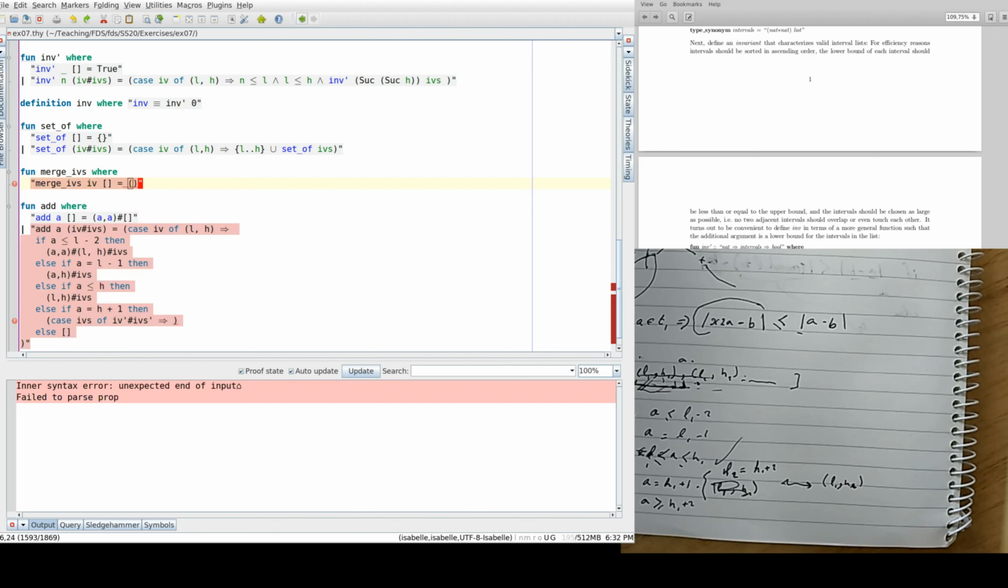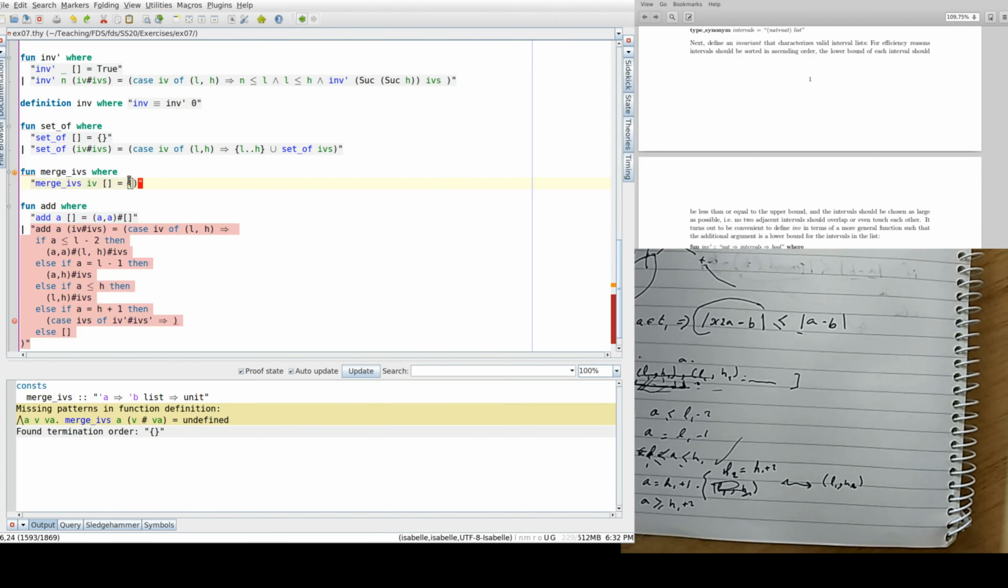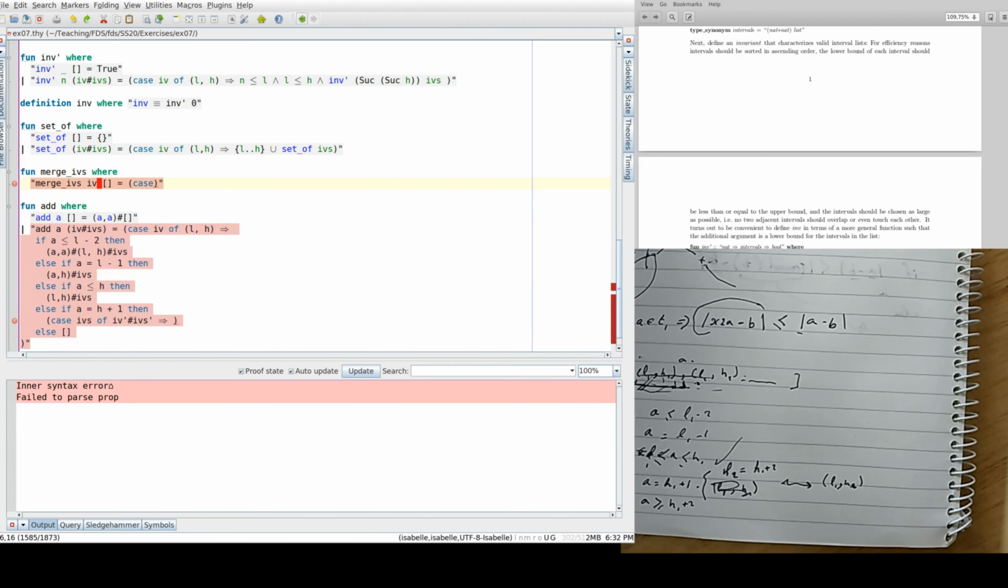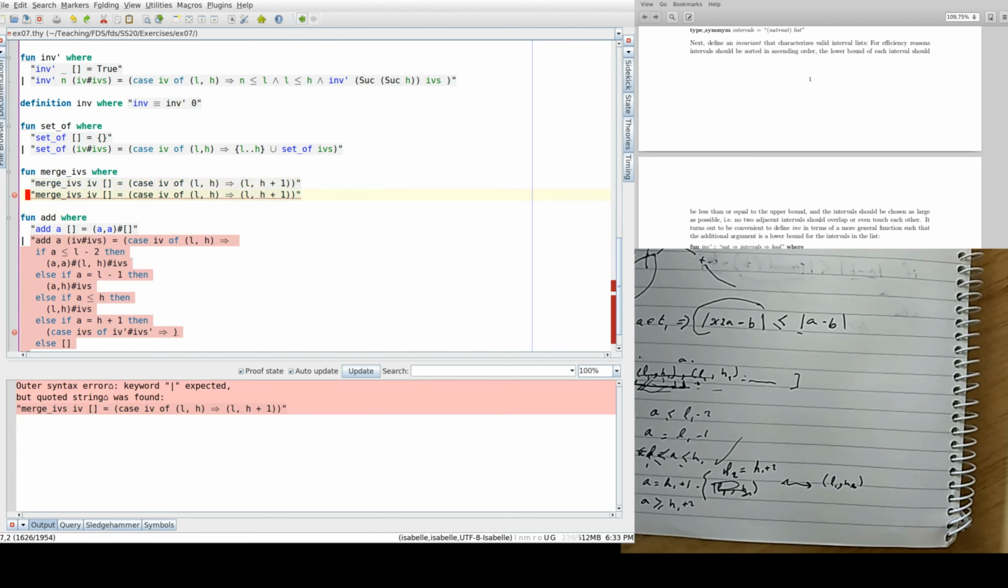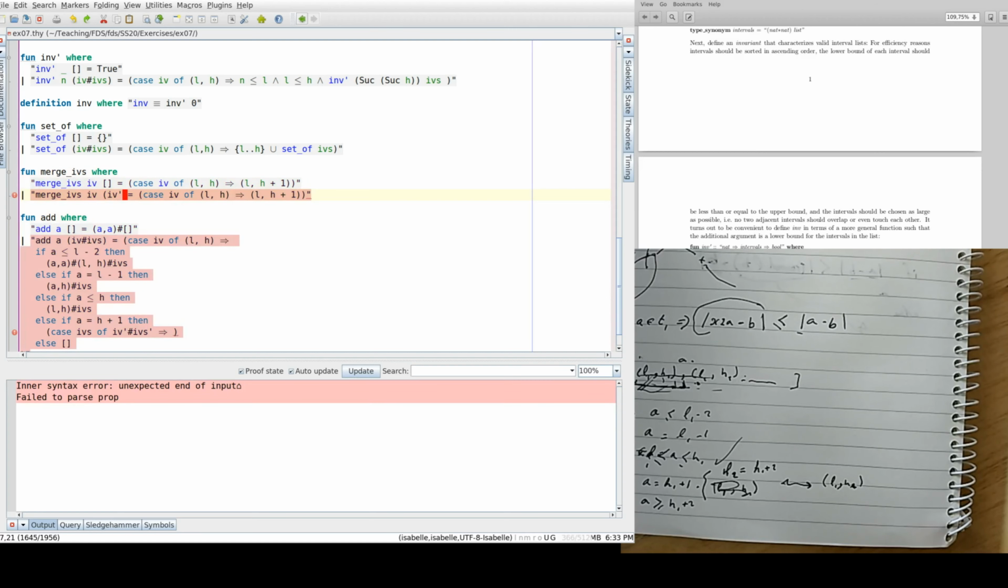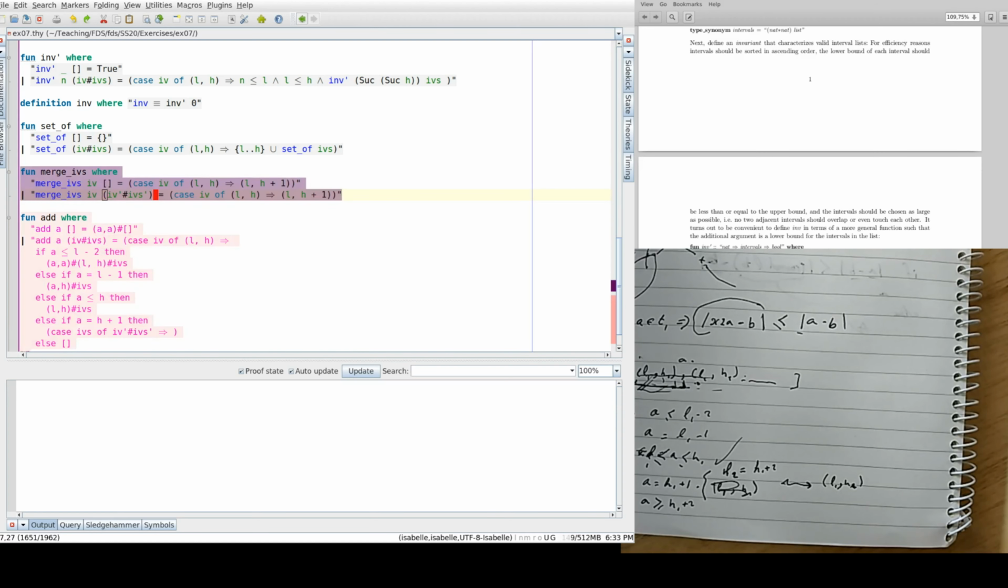Okay, and in the case it is an empty list, which means that here this IVs doesn't have other intervals, and in this case I will just extend. So in this case, we will just return L in H plus 1. Okay. And in the other case, we have another interval. So this is IV prime and IVs prime. Then in this case,